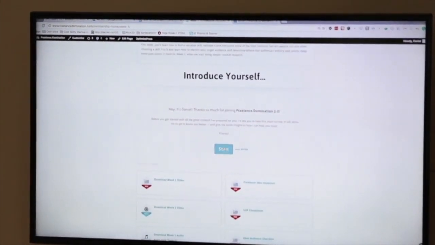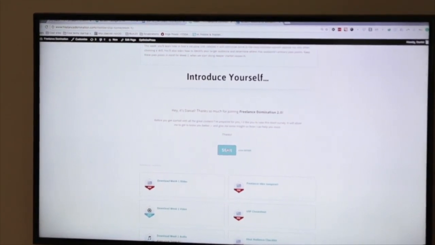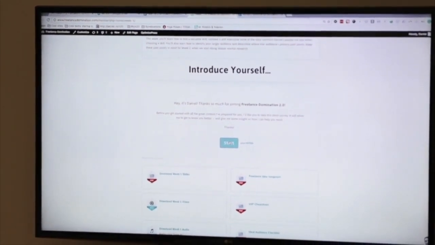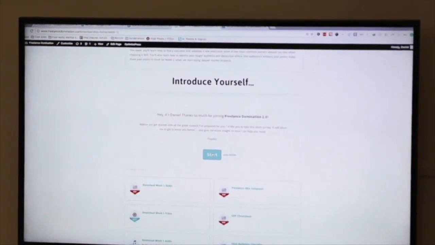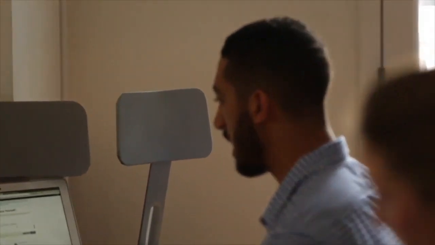We also have a survey, an intake survey, which allows us to get good customer info and intel. This is run through a service called Typeform. Typeform is really cool because you can embed it in different websites, and this is also free. You can go to typeform.com and create free surveys, and they can do this inside of the course.